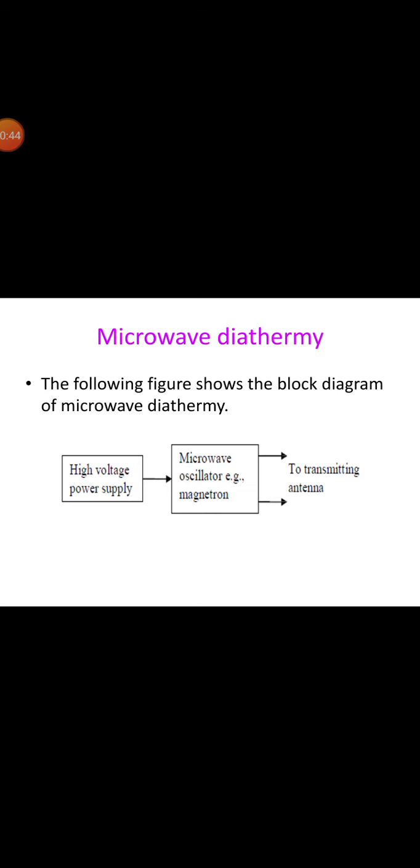This diagram shows the basic block diagram of microwave diathermy. In the electromagnetic spectrum, microwaves lie between the short waves and infrared waves. The most commonly used microwave therapy frequency is 2450 MHz, as I said earlier, and the heating effect is produced by the absorption of the microwaves in the region of the body under treatment. Microwave diathermy provides one of the most valuable sources of therapeutic heat available to the physician. However, in many conditions, though the therapeutic effects of microwave diathermy are similar to shortwave diathermy, in others better results are obtained by using microwave.